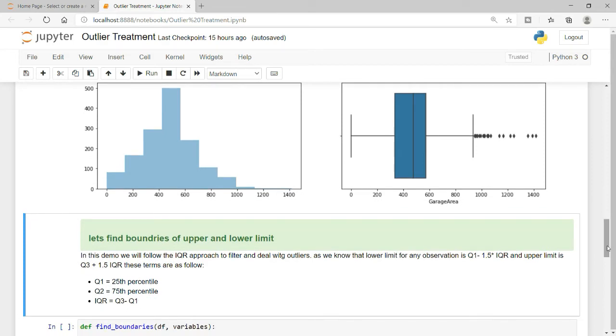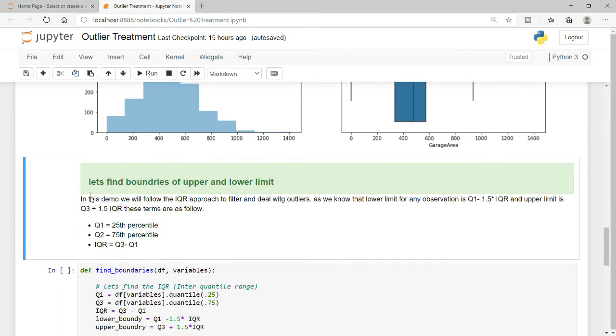So how do we actually take care of these? It is very easily visible, and we can clearly see that we do have outliers in our data frame. We need to take care of them before model building, especially if we are building a linear model such as linear regression, so do keep that in mind. For this purpose, I will use the upper and lower limit. What are the upper and lower limit? We will see that, but first you need to understand the IQR, Q1, Q3, and what these are.